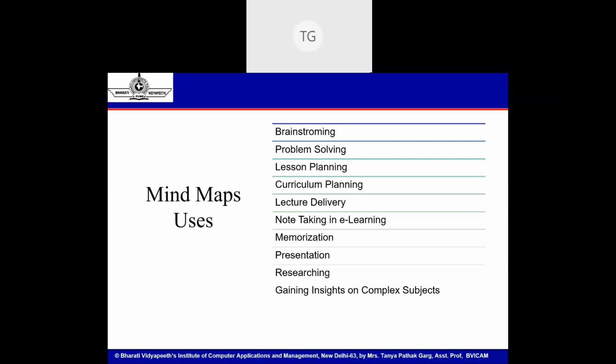In such cases, in a common group study, a student creates a mind map and they start placing in ideas. So all of them are on the same page. They have the same representation with them. Next is problem solving, depending upon their understanding of what the problem is, depending upon their understanding of how they link concepts.